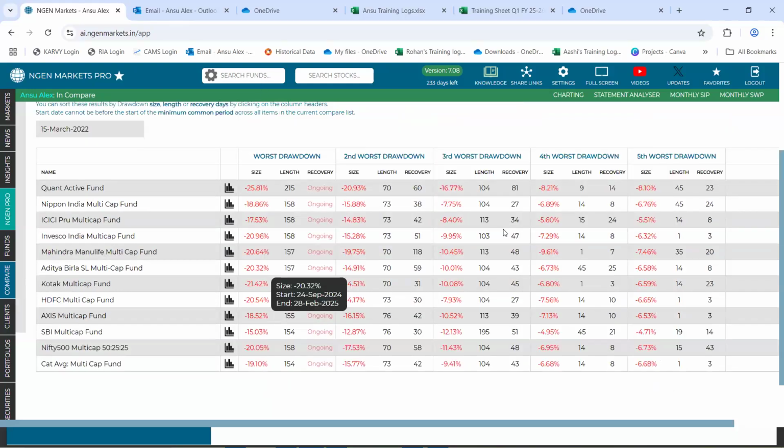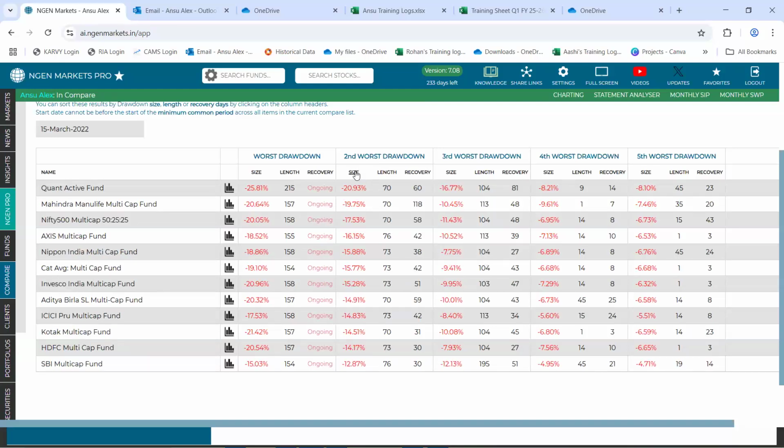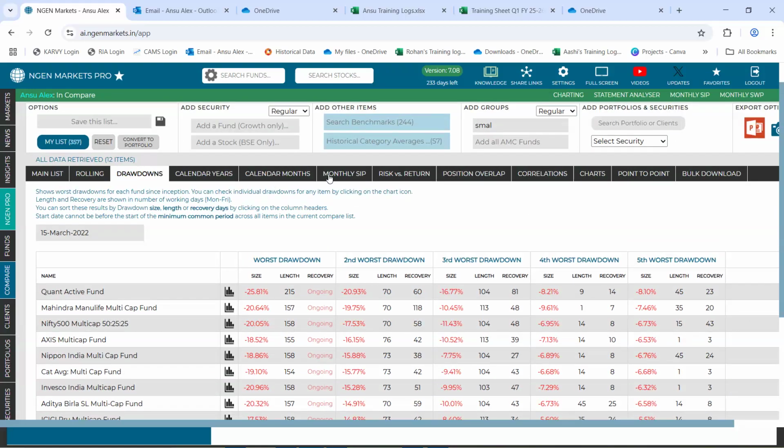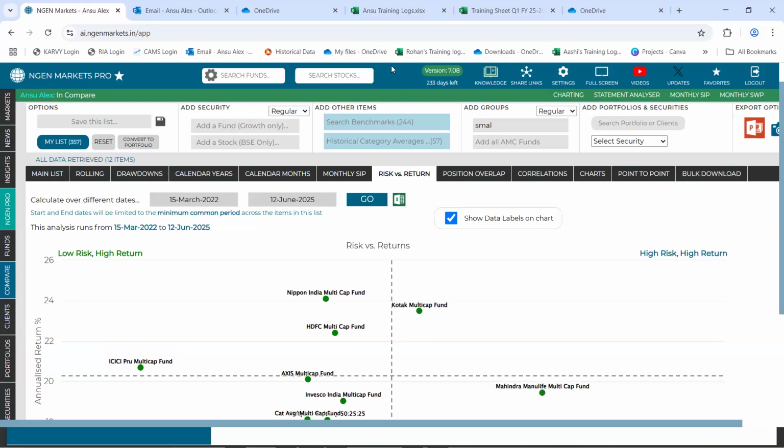So right here, as I highlighted, we show the top 5 losses, and there are in total 3 columns that you can come across. First, we let you know the size, that is typically the magnitude of loss that was experienced by the fund. Followed by that, you could view the length, which lets you see for how long the loss existed. In addition to that, the third column lets you see the recovery, which lets you know how many working days it took for the fund to bounce back from that loss and cross that existing downfall NAV. So post the drawdowns tab, we would be going towards this risk versus return scatter plot.